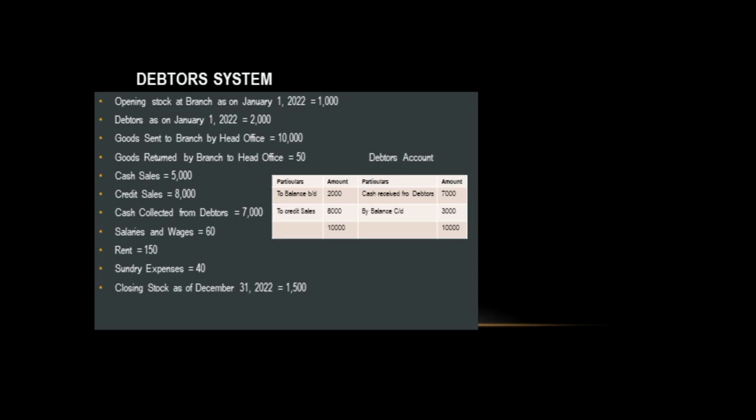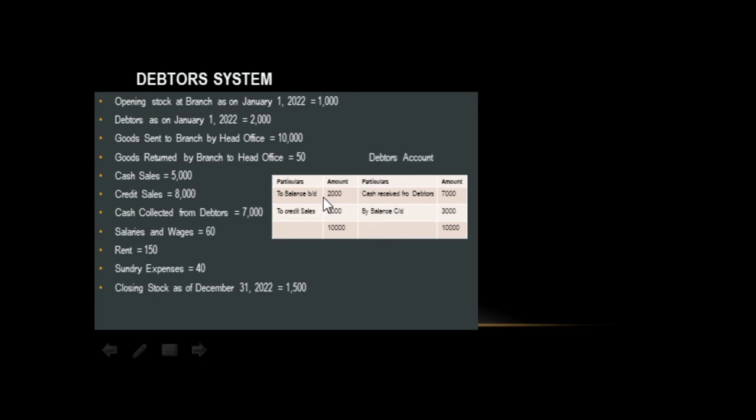In the debtor account we have opening balance and closing balance, right? Here, the closing balance is not given; in the question only the opening balance is given. We have three pieces of information here: opening, cash received from debtor, but no closing. In such a situation, out of three, even if only two pieces of information are given, we have to prepare a debtor account to find out the closing balance.